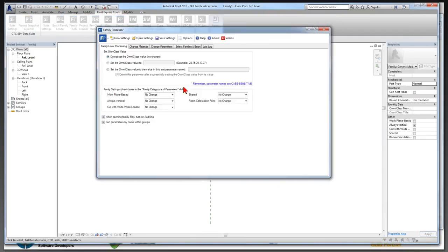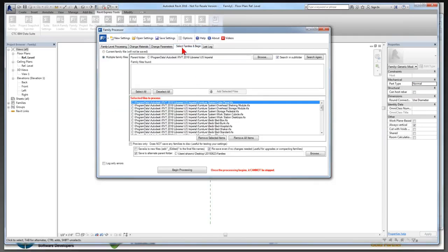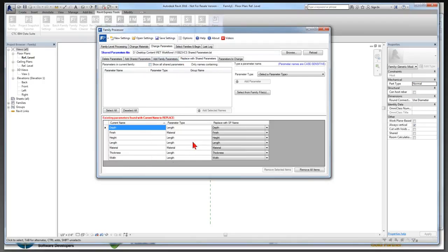So it doesn't have to be a save family. It just has to be a family. So over here in my Select Families and Begin, it remembered all the families that I'd added. So it has that in my list already. On my changed parameters, it remembered the settings that I put inside of here to replace it with certain shared